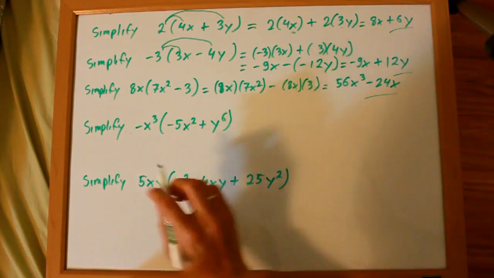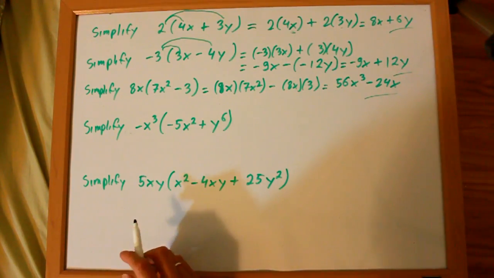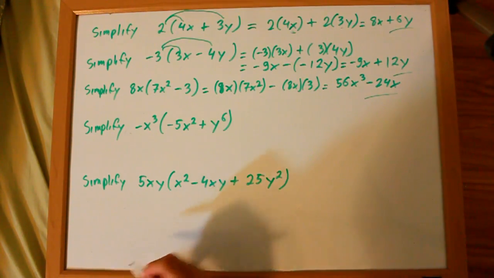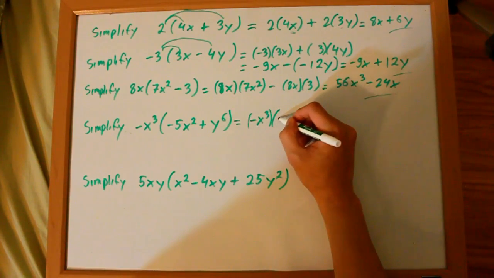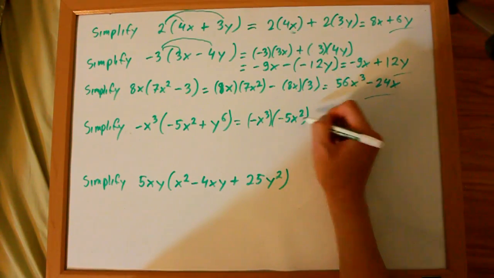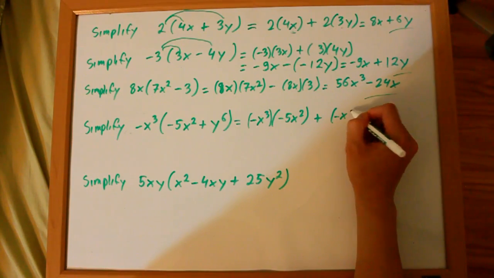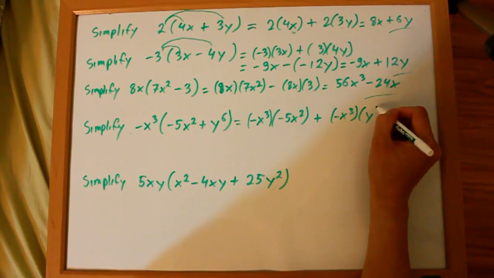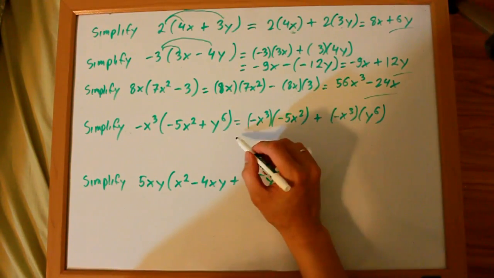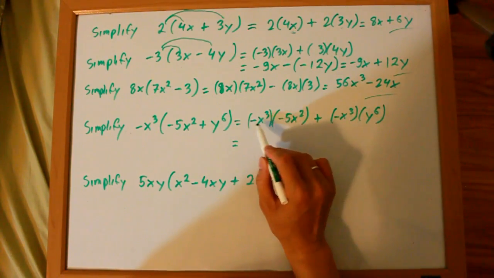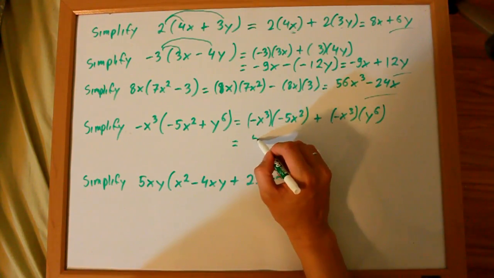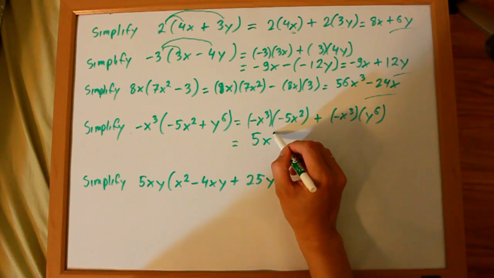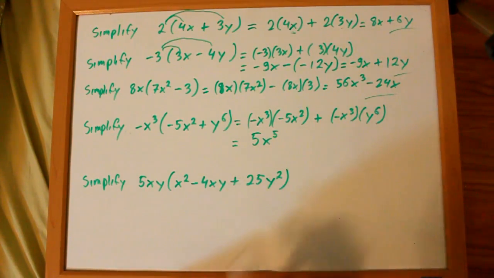Next problem, negative x cubed times negative 5x squared plus y to the 6th. Same thing. Negative x cubed times negative 5x squared plus negative x cubed times y to the power of 6. So here we have negative and negative. The answer will be positive. So 5x to the 5th. Now,